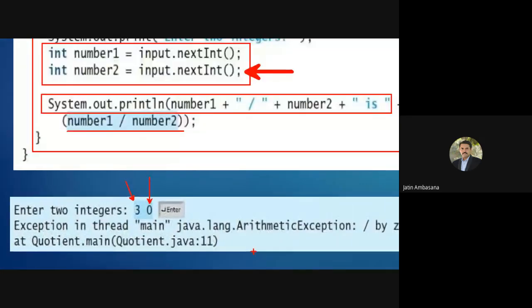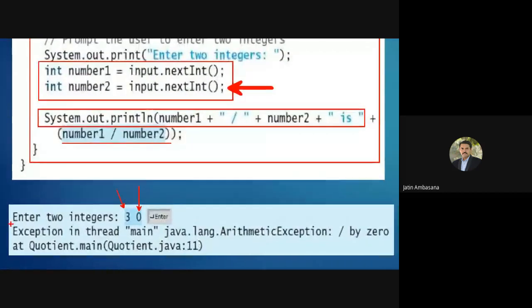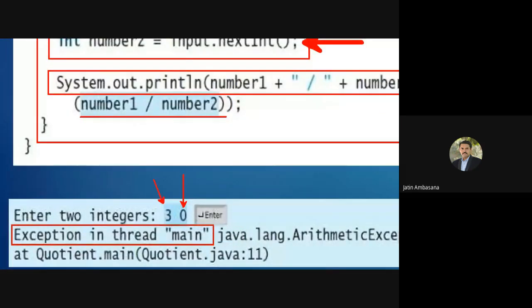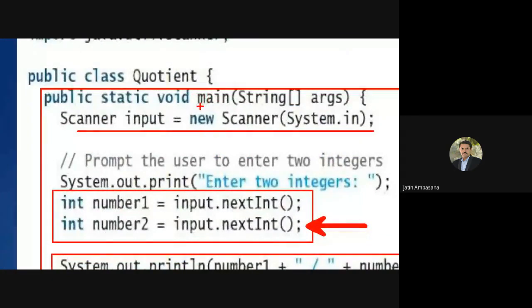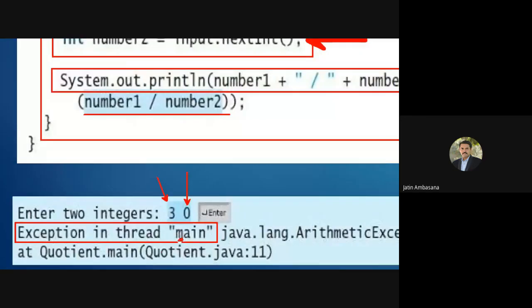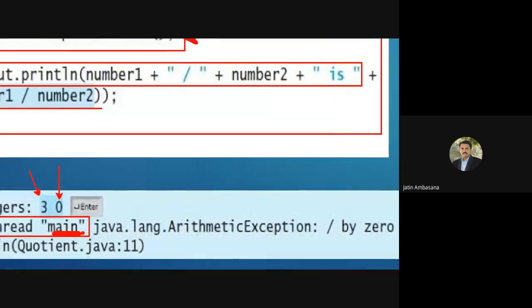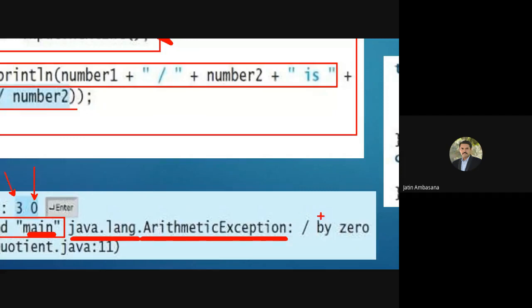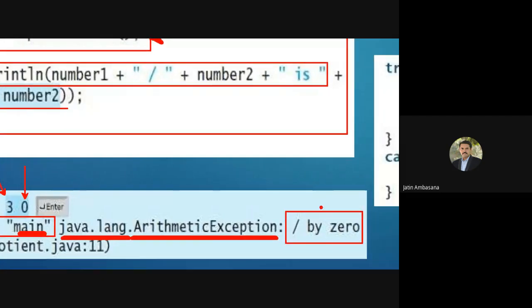So what will it do? It will throw an exception. It will generate an exception, and it will say exception in thread main. Main is, see, every method, there is a thread created for every method. So for this main method also a thread is created, and that is called the main thread. So in that thread, arithmetic exception has occurred. Which class has been used to create the object for that exception? The class is in the java.lang package, that is specifically the ArithmeticException class. And what is the reason for it? Divide by 0, that is the operation that has been done, which is the reason for